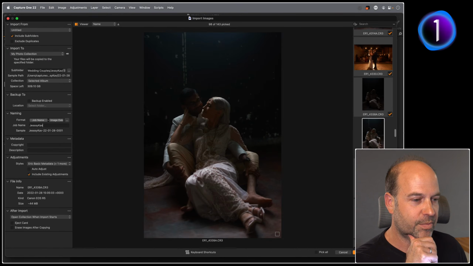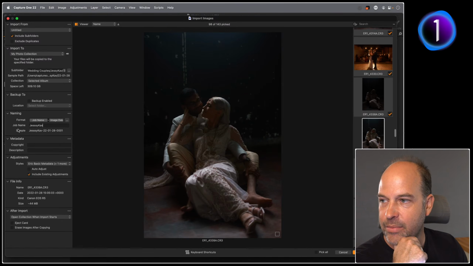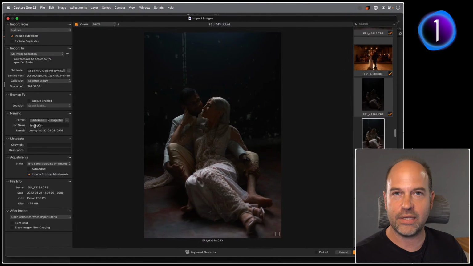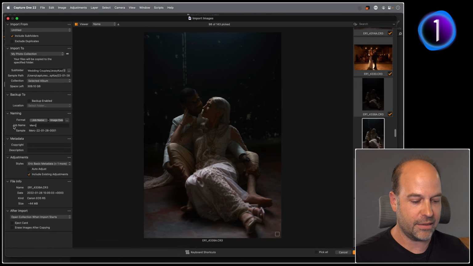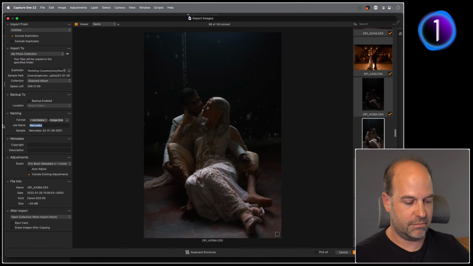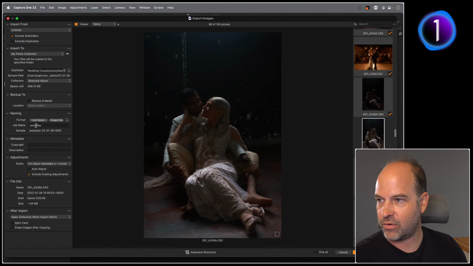Can't understand that job name tag. There are many jobs. Yeah, exactly, but it's dynamic. So job name refers to this. So let's say we've done this import, we come back, we do another job, and then we call, okay, I did a job for Mercedes, so I'll punch this in here, like so. I'll come back to this import window once we've done that import to show you the stickiness of everything. So I'm just going to spell her name wrong